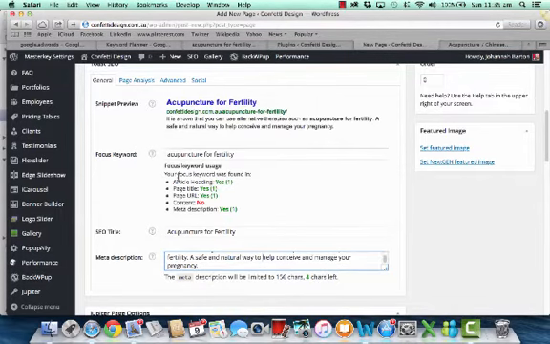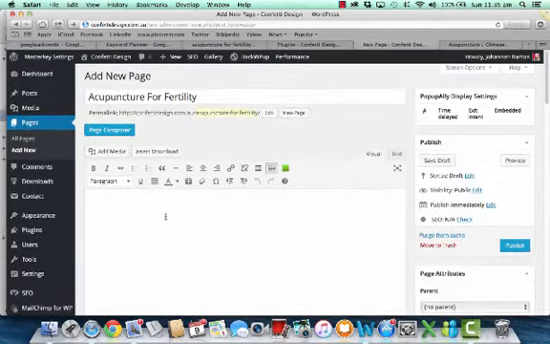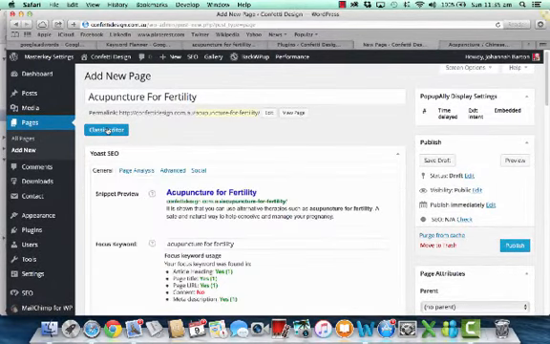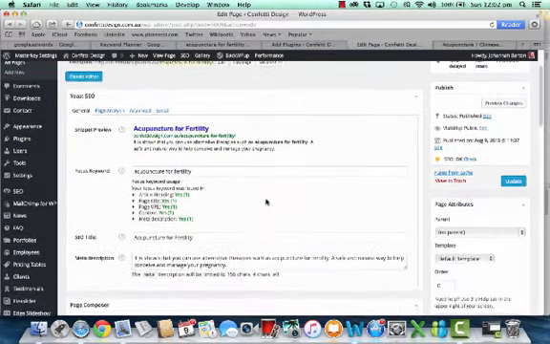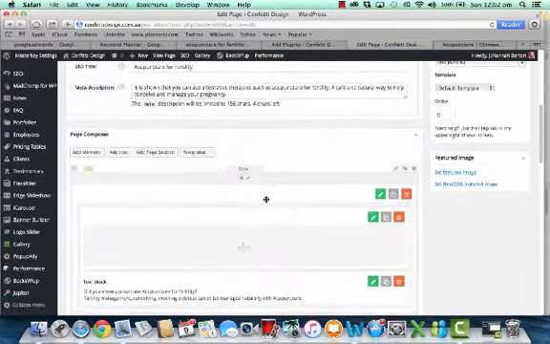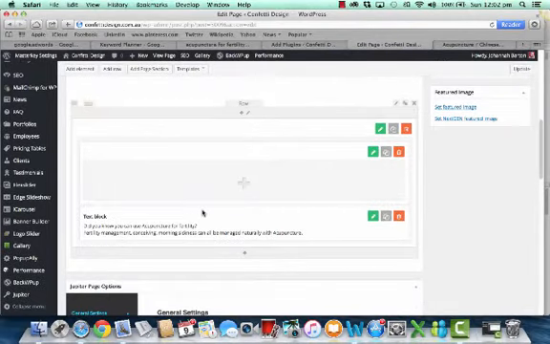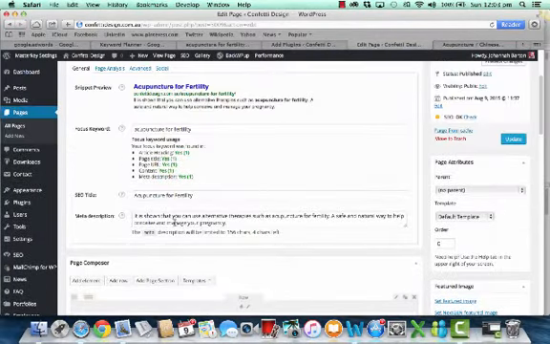So it's bold there, it's bold in my URL, and I have it on here. Now you could possibly try and pop it in there again, but you want it also to read naturally. So all I need is some content, and now we're going to add in some content. I've added some content in, and all we need to do is publish,